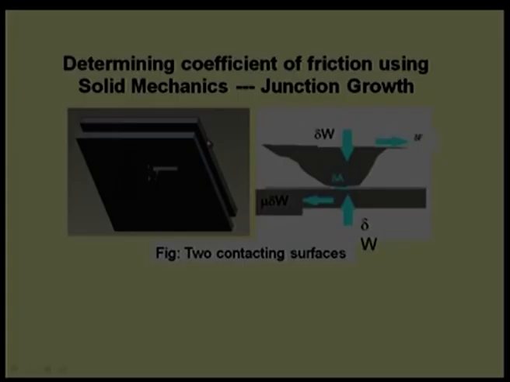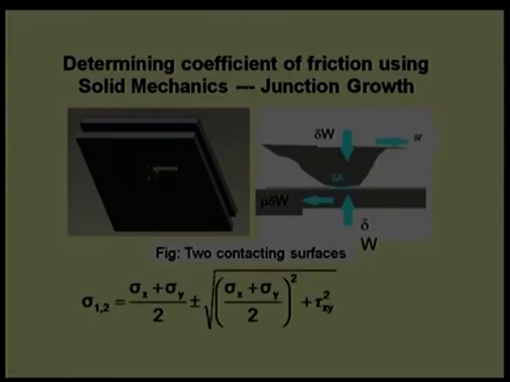To elaborate, I am just taking these two pairs in contact, assuming both are rough. They come into contact only at the asperities. You can see there is an area of contact. Some normal force has been applied, some tangential force has been applied. Force equilibrium is shown in this element. Now, if I take the help of principal stresses or use solid mechanics to derive the relation, what we can get is